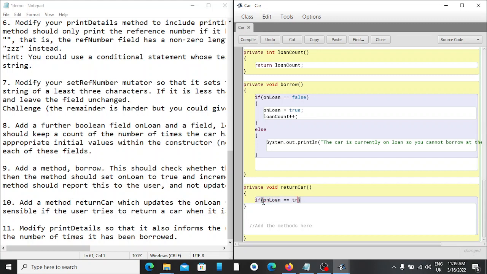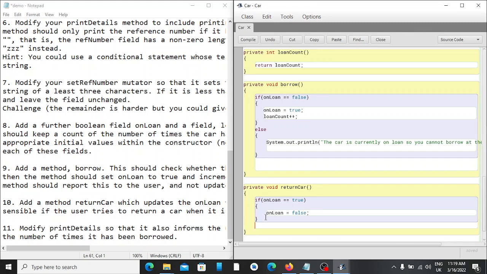So if on loan is equal to true, we want to set on loan to false now, because since you have returned it, the car is currently not on loan, so nobody has borrowed it, meaning you have returned it. Else,